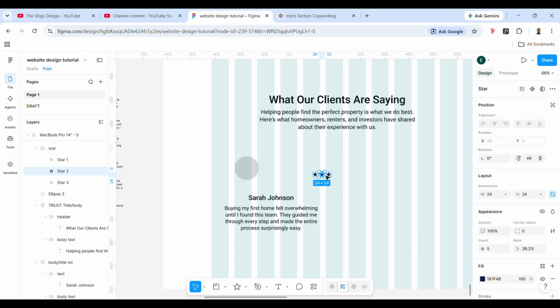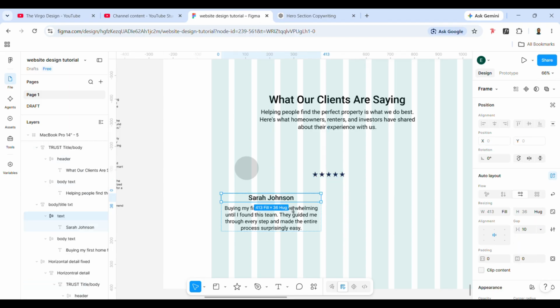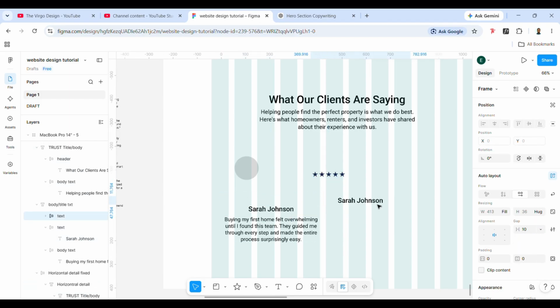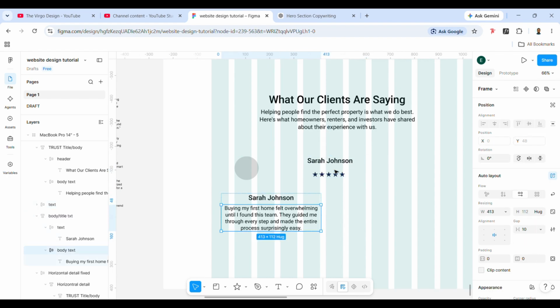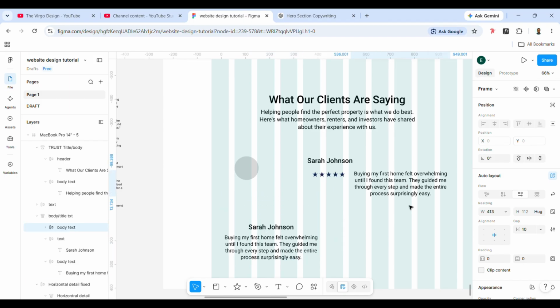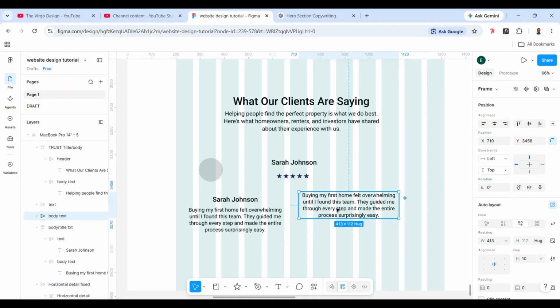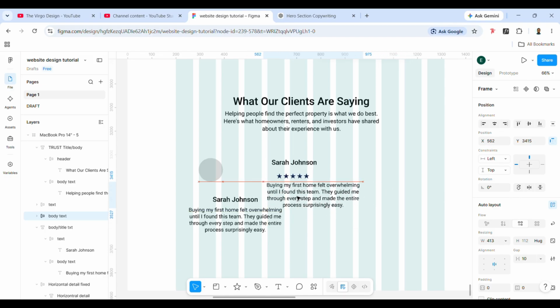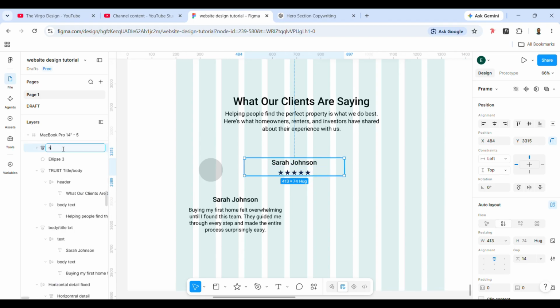Beautiful. Then duplicate, let's say 5. So we have 5. Sarah Johnson is giving us a 5-star rating, and that's something I want to do. Then I just need something to say where Sarah Johnson works. So do we add our occupation? No, let's leave occupation. So let's just highlight this, make it an auto layout, call this